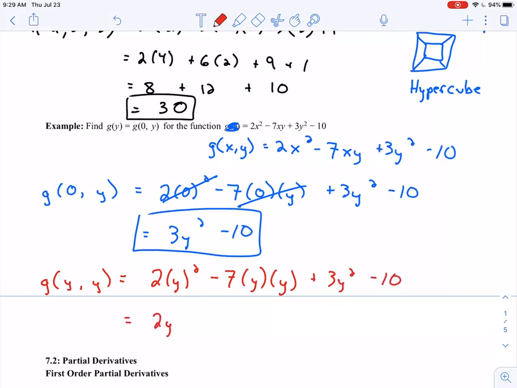So I have 2y squared minus 7y squared plus 3y squared minus 10. The only thing I have left to do is combine my like terms. So let's see, 2 minus 7 would be negative 5, plus 3 I'd have negative 2y squared minus 10. So you can do some neat stuff with functions of several variables, things that we're perhaps not used to seeing